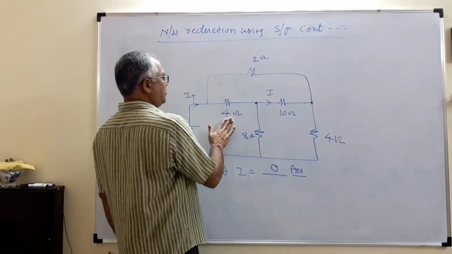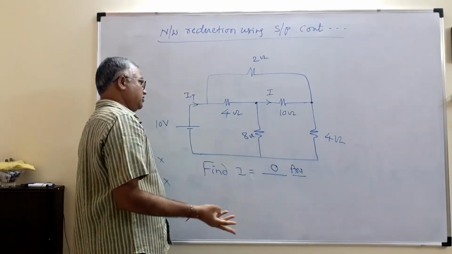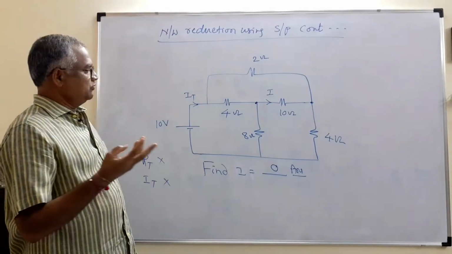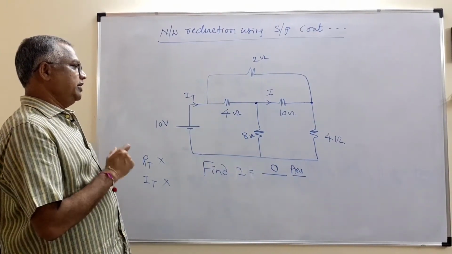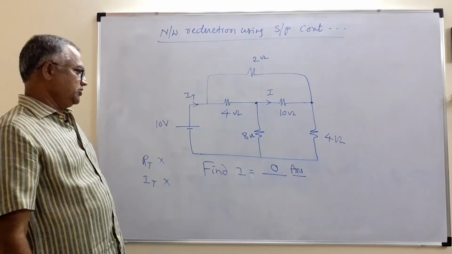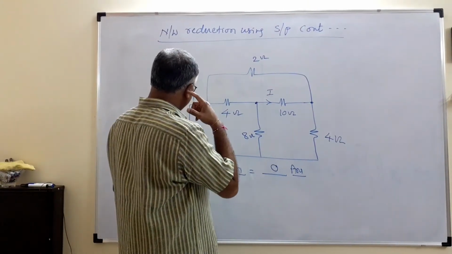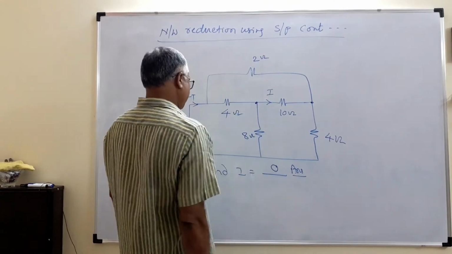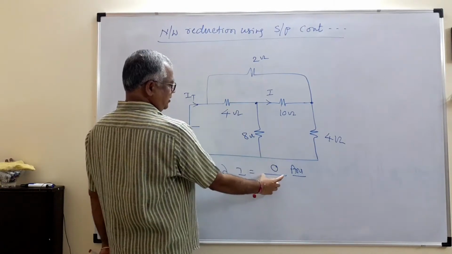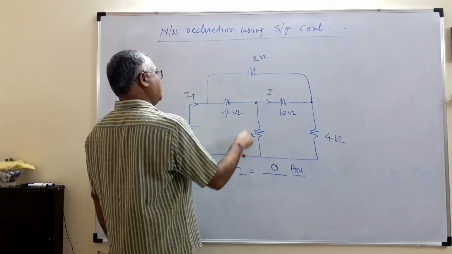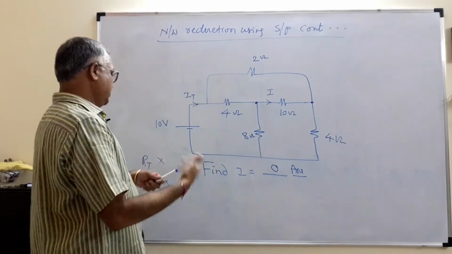So the same problem with the bridge not balanced: star delta you can't use, series parallel you can't use, current division and voltage division you can't use. Then you have to solve this problem by mesh or nodal analysis. Mesh and nodal analysis topic is not over. So using that only you can find, but it's an objective question. If the bridge is balanced, easy answer. If the same problem has the bridge not balanced, in 1 minute nobody can solve. It will become a lengthy problem.